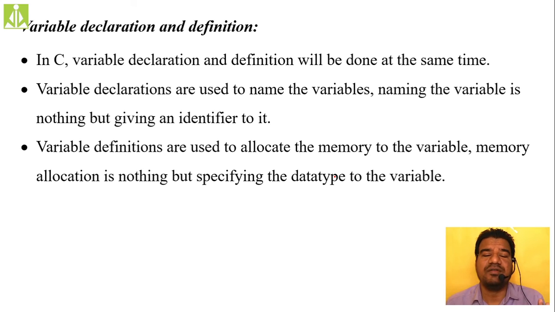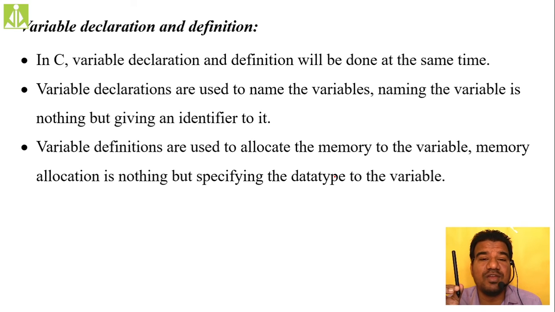In the real world, without a name, it is very difficult to identify things, to identify real-time objects, isn't it? If you don't have a name for a piece of chalk, if you don't have a name for this pen, how are you going to identify this pen? It is very difficult. Let us assume you have given a special name to this pen. So what will you call the eraser? Another special name. Likewise, you give the names, isn't it? Without names, you can't identify things. It will become very complex to understand the meaning of those objects in the real world.